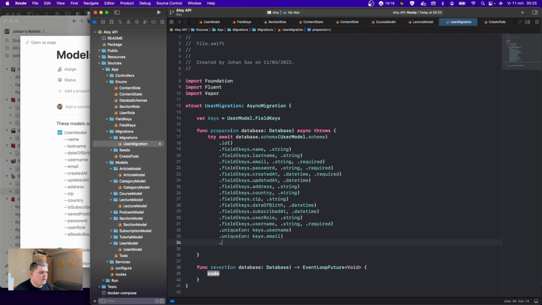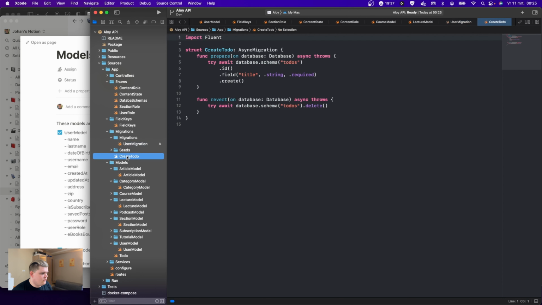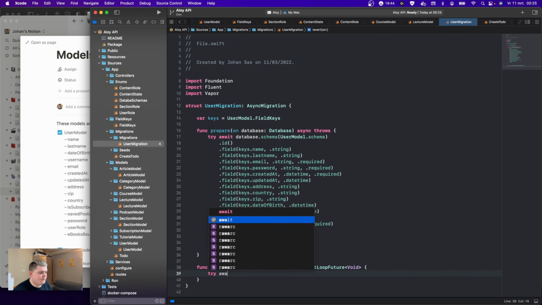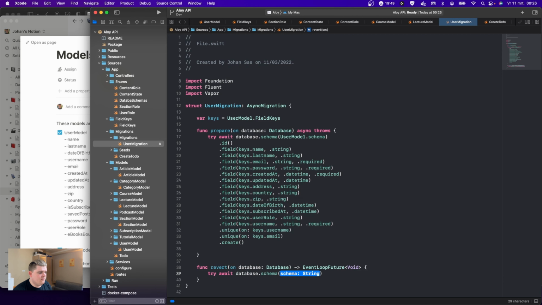So let me check really quick. After that, we're going to do create. Wait a second, I saw a second one there. So we're going to take this one: create async throws void. Okay, perfect. So now when we run this, we have a user model being created inside the database. Let's see how the create to do did this: try await database.schema to do's. Okay. So after that, try await database dot schema, and the schema is going to be user model